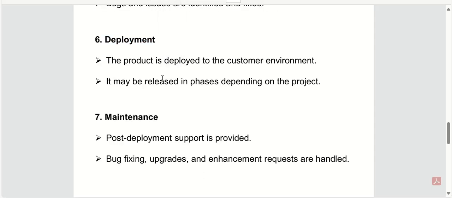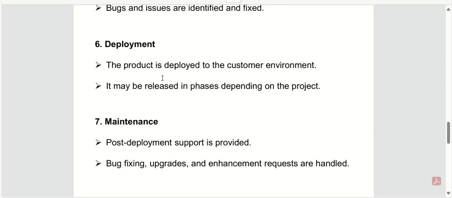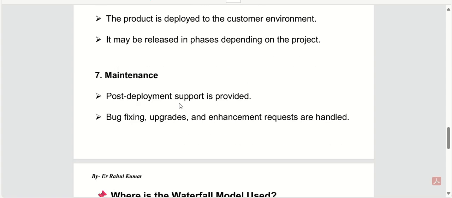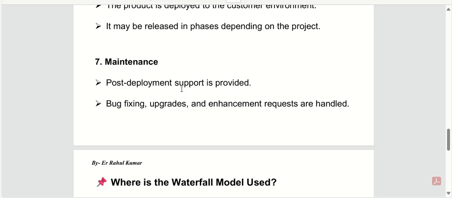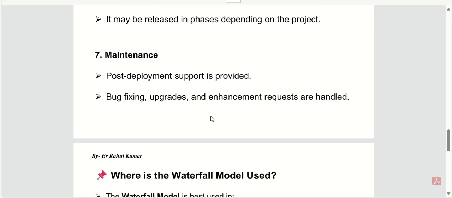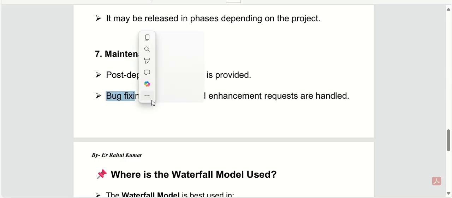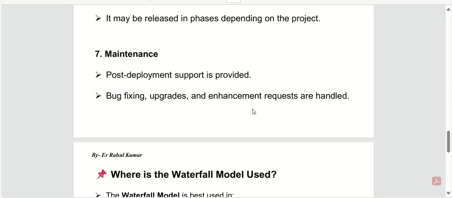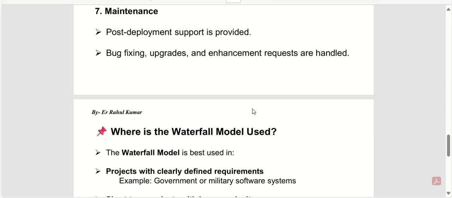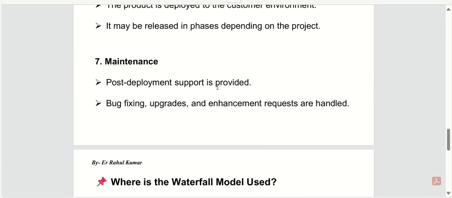We have to do the deployment. After testing, we have to do the deployment. We have to deliver the software made by the developer to the customer. And finally, maintenance. If the customer has faced any issue or problem with that software, they will again send it to the project manager for fixing, like bug fixing, upgrades, and enhancement requests are handled. So this is all about the stages of